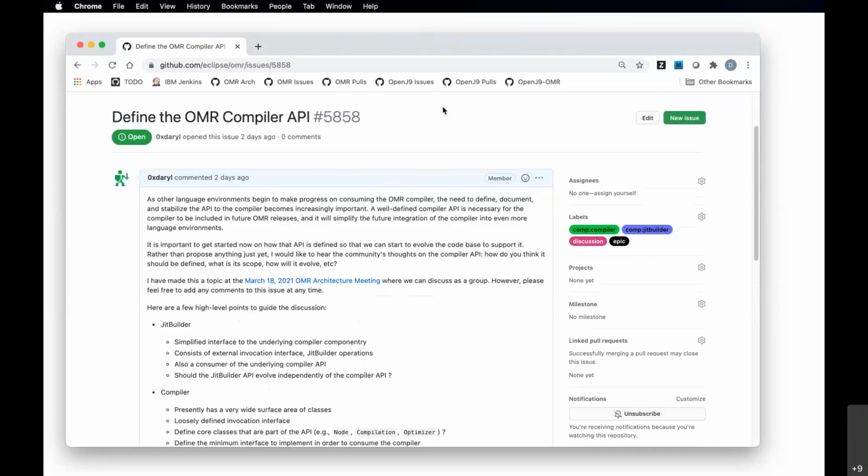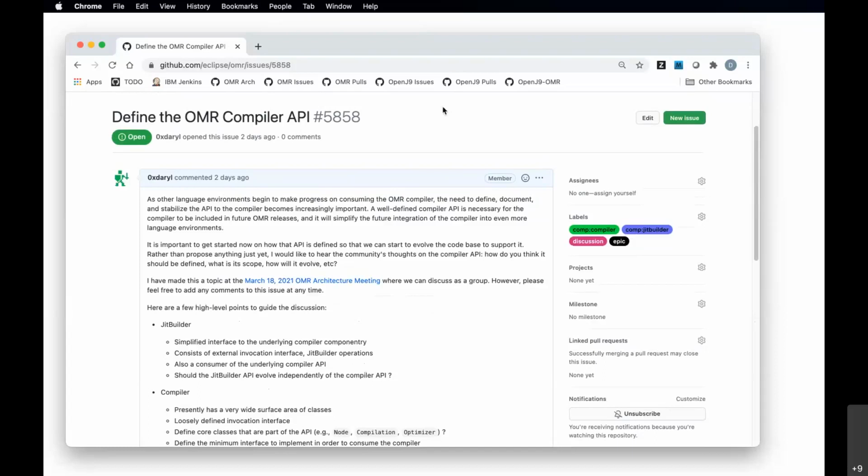Going forward, we started a release process with OMR in 2019, and we basically did a sort of token release in late 2019, but we haven't really done anything with that since then.